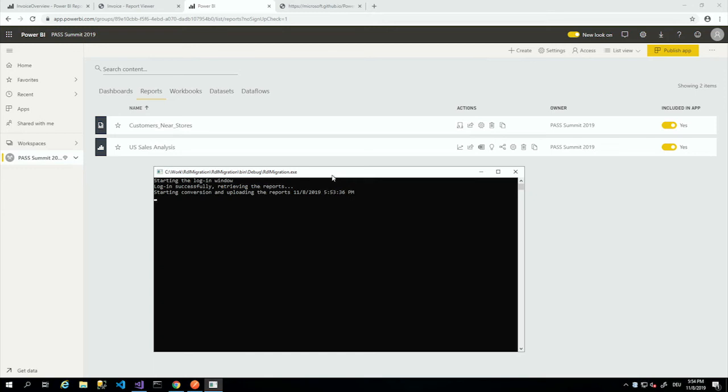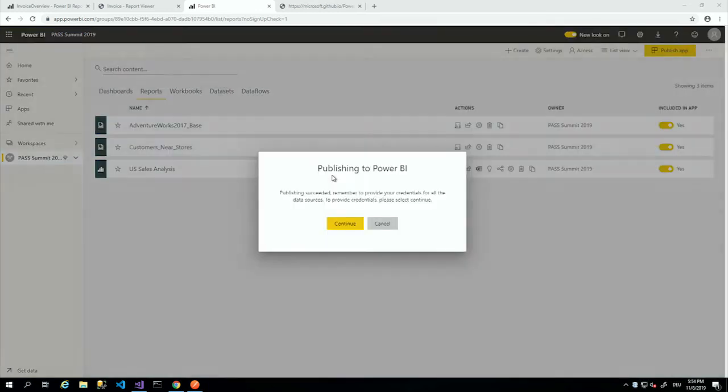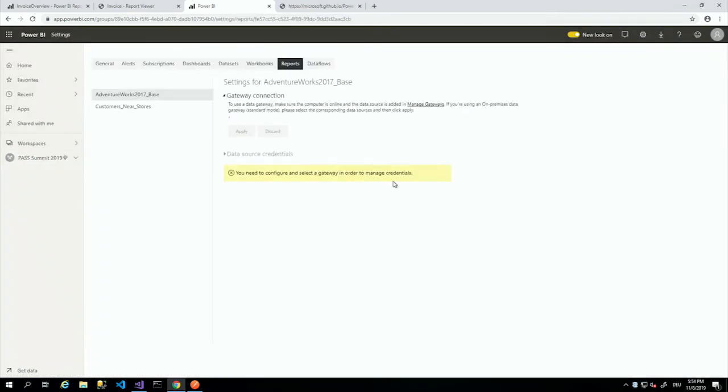So what the tool does is it copies the report to the Power BI service and automatically identifies that the data sources in the report are pointed at the moment to my local SQL server. And for that, Power BI service cannot access the local data, so it's not possible to access it. I can now change this, and for that I have already installed a Power BI gateway on